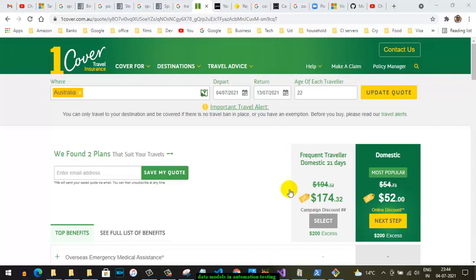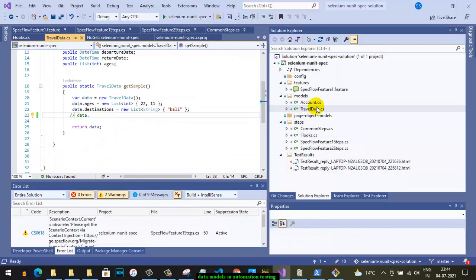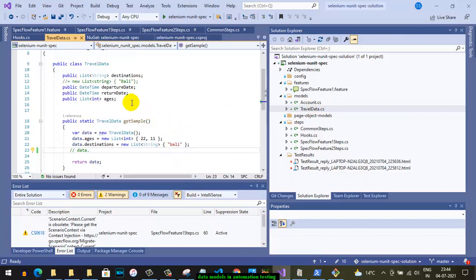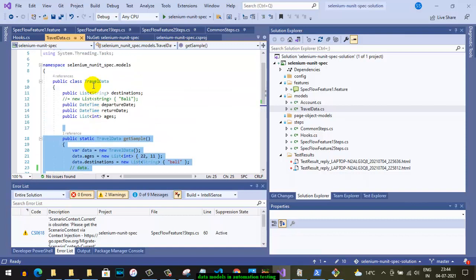Now let me briefly explain how you can use those models in Cucumber in C#.NET. Here you can see there is one model that I have created, travel data, for the website that I just showed you. In that travel data model, you can see there is a destination field, then a departure date, return date and ages. The benefit of creating these models is that you can create one method which will return the instance of this particular model, and then that instance can be used to create the test data or add the test data in your